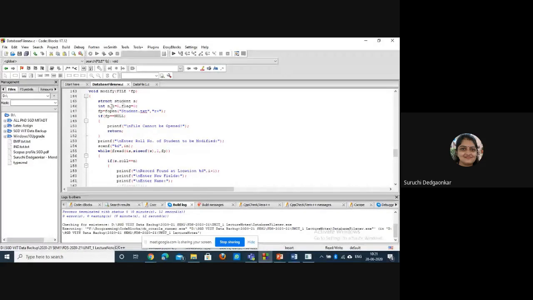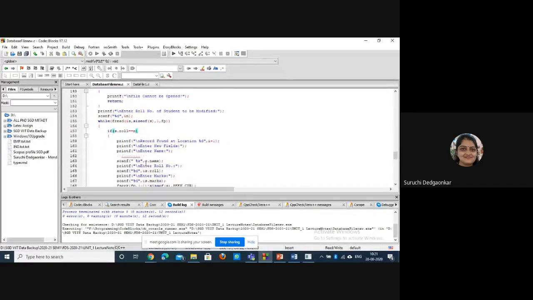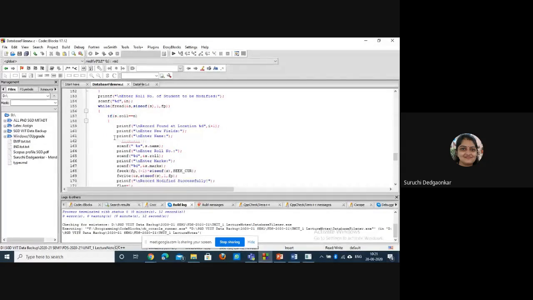In modify also the same syntax will be there till this point, the comparison, and then you can take the new parameters of that particular record. Okay, so after reading those parameters, we are using fseek here also. Why?